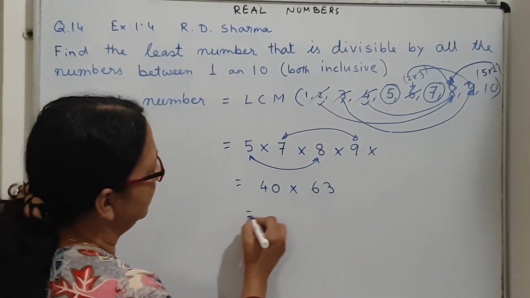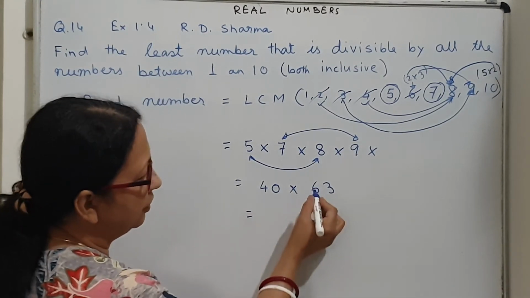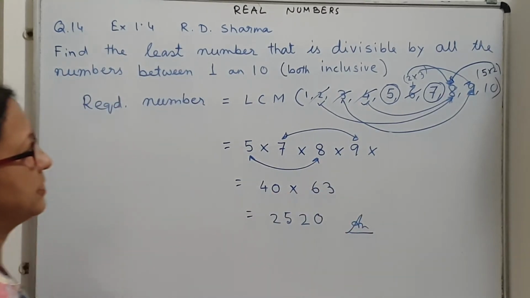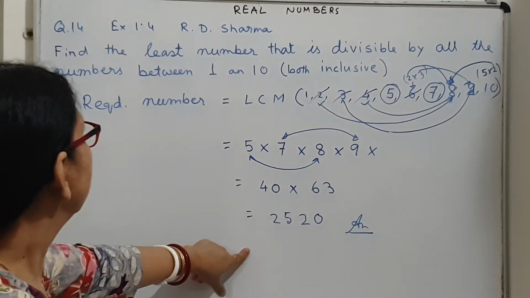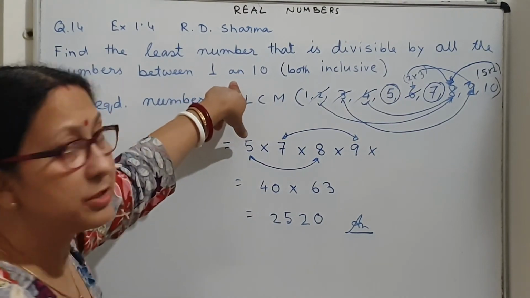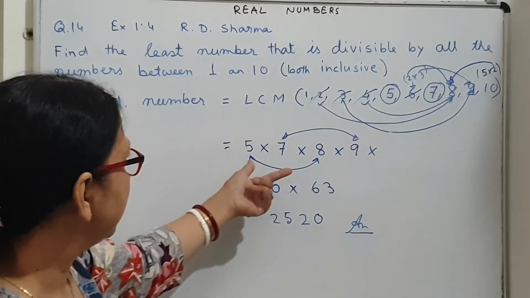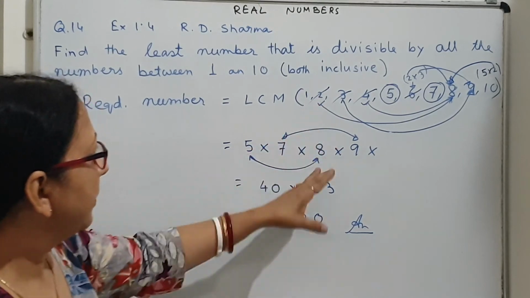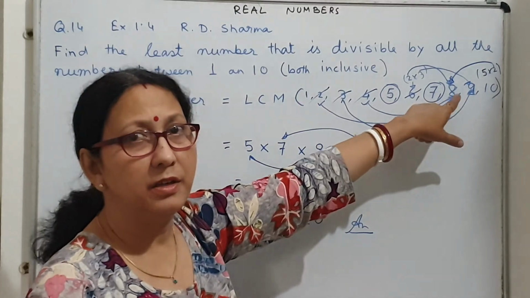Now after that it is very easy. 0 is left, 4 times 63 is 252. So the calculation is very easy if I observe the factors and group suitably. So this is the answer. 2520 is the least number that is divisible by all the numbers between 1 and 10, both inclusive. And the main thing here is I have shown you how I am taking these numbers out of all these. You have to just see how these prime factors are being included in their multiples.